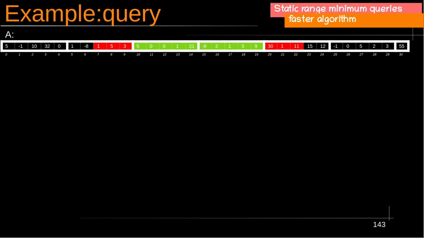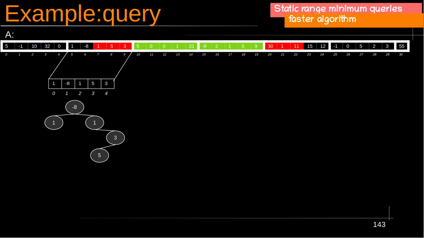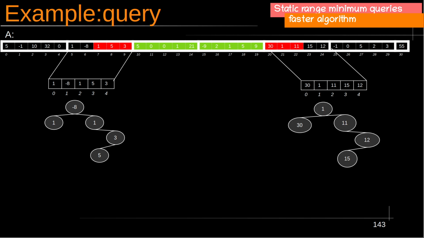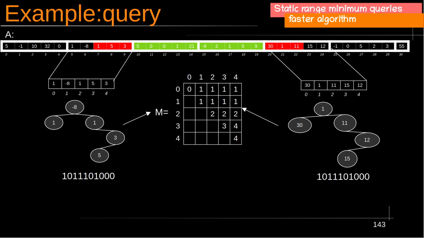Okay. Now how to compute the left part of the range using, of course, the type. We check the type of this array, which is this Cartesian tree. The same for the right tree here. If we draw its binary representation, we can find this boundary. The binary representation is the same for both arrays. Because these two arrays have the same type, as you see, because they have the same binary representation, we can